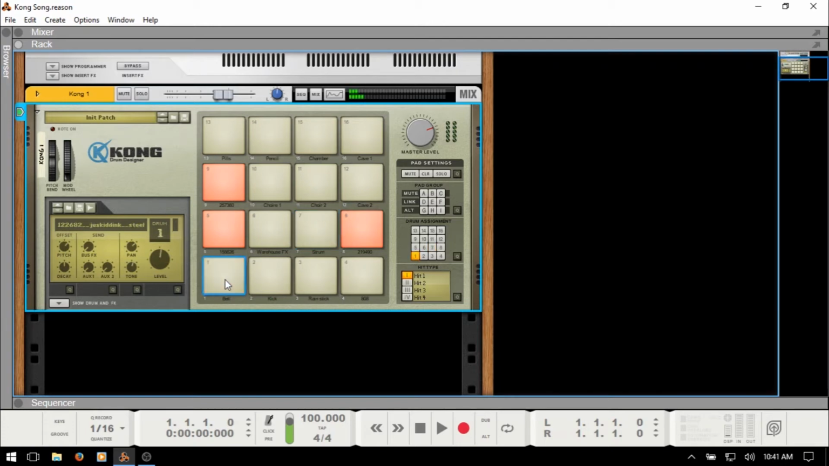Moving on, we have a bell. Then we have more of a traditional sample here, a kick. We then have a rain stick on this pad. And to finish up, we have an 808. I've got to have my 808. I love bass. So these are all of the sounds that we have